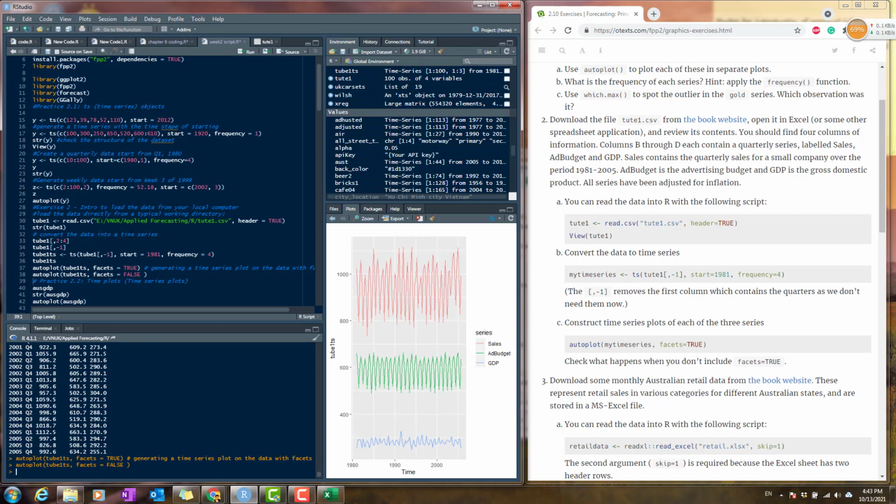Okay, and this will be the first part of the section, and you already know how to first of all create the time series, and also input your data. Okay, now